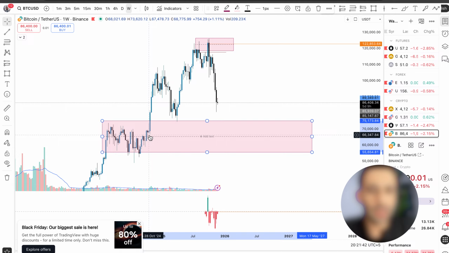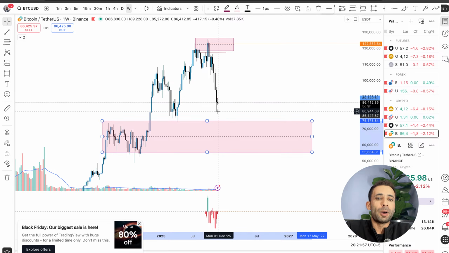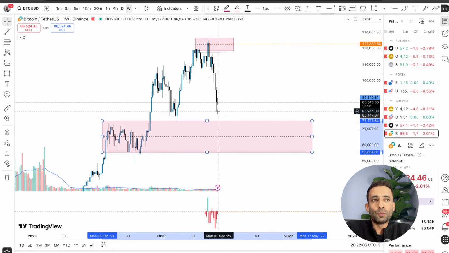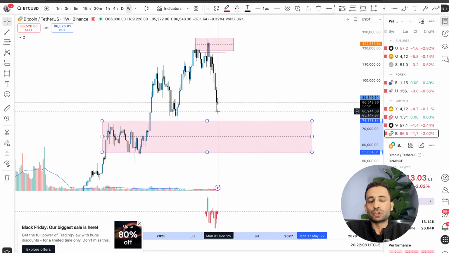And if it breaks 80, like people say, when it was 95, I told people if it breaks 90, then it will go to 85. And today it's 86. It went to 80, but if it's not holding on 80, it will go to 75 and then 70, and it will go last to 60. That would be the zone where the big institutes will jump in again and protect it.